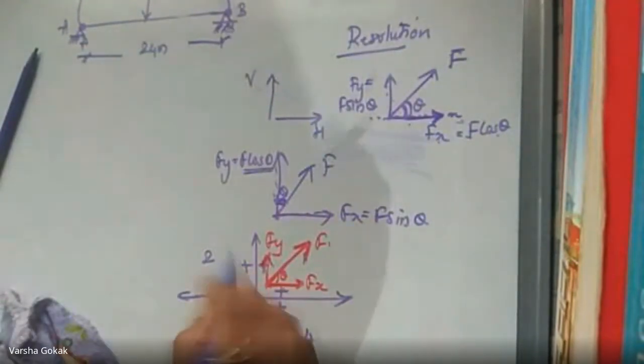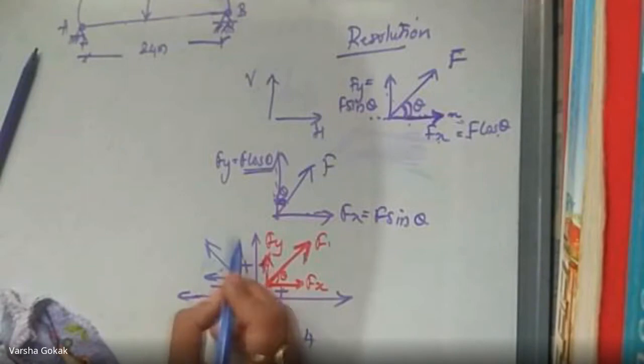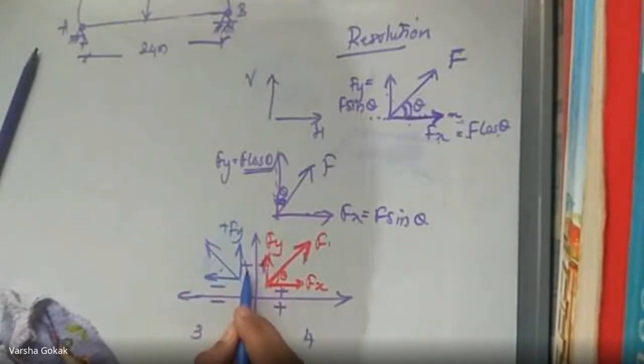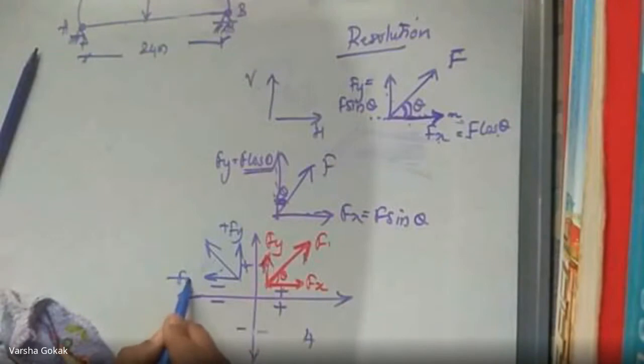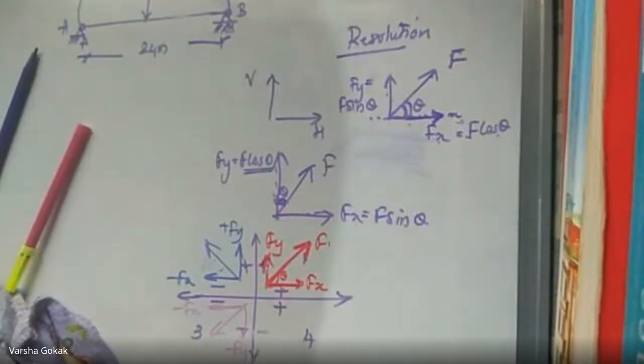Similarly, if I give you a force like this, this is a second quadrant force. When I resolve it, from the tail in this direction, f of y is positive, up is positive, no? And f of x is going to be negative, correct? Then say I give you a force in this direction. This is the third quadrant. When I resolve it, f of x is also minus and f of y also is going to be minus, correct? And then you have a fourth quadrant force like this, which is f of x positive and f of y negative.